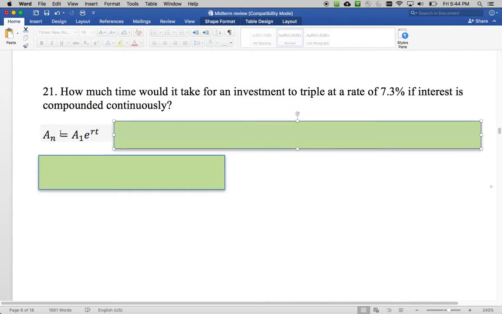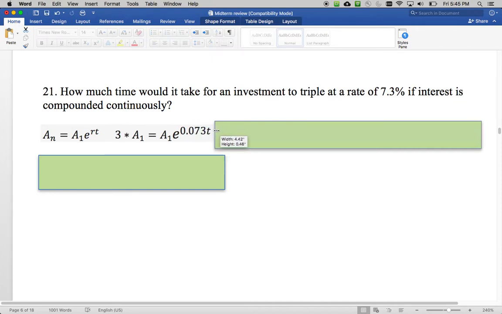So we want to know how long it's going to take for our investment to triple. In this case, we are looking for 3 times a sub 1. I have no clue what my initial investment is. I just know I want it to be 3 times the amount. So we're looking for 3 times a sub 1. That's going to equal a sub 1 times e raised to the